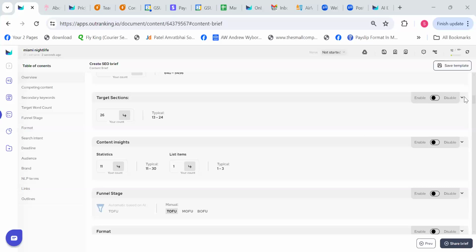So see, everyone, including Google, knows that AI is not going anywhere, right? AI is always going to be here, and AI is going to grow massively in coming days, months, and years. So how will Google identify which content is really good and which content is garbage? Because most of the things will be written by AI.